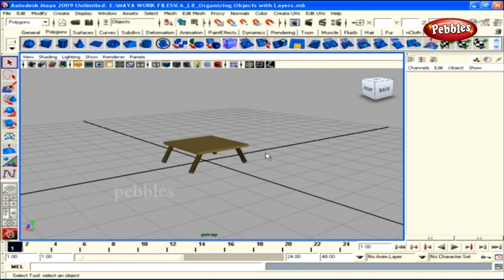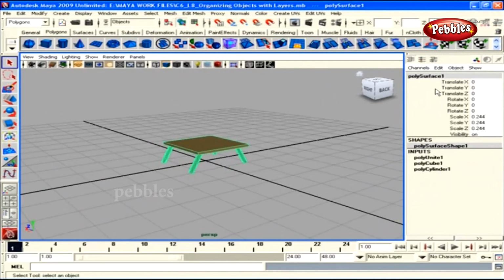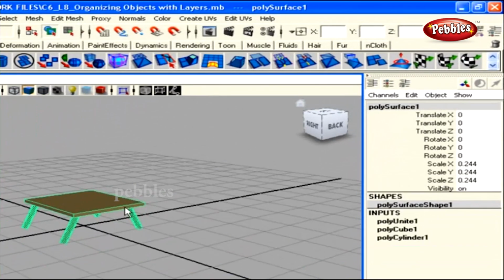Organizing objects with layers. Previously we learned about the amazing ways of transforming and modifying an object with Channel Box. Well, enough of Channel Box, let's go ahead and learn about Layer Editor and its wonderful functionalities in this lesson. With no further delay, let's go straight ahead to this scene where we have an object selected with the Channel